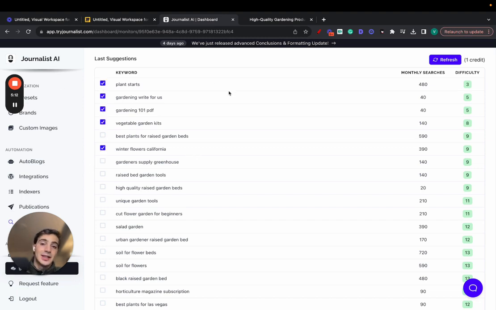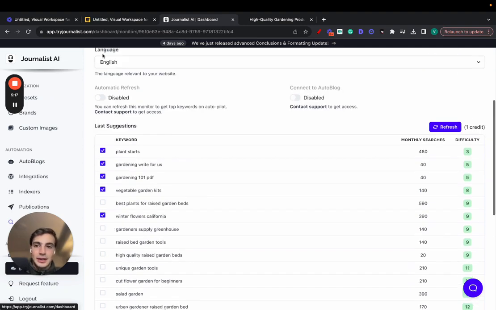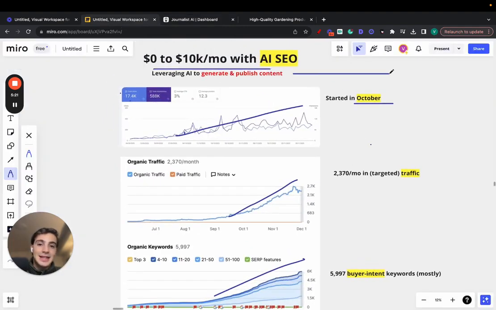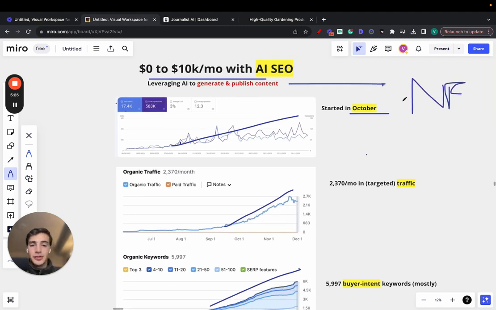So again, Journalist AI does the keyword research, content generation, content publishing, and indexing, right? And that's exactly how this person was able to achieve this. This is in the nightlife niche. So essentially the deal they had was he'd send leads to this guy's sites. They had different events at different weeks, and they would pay him a commission per how many people he'd get in to buy the tickets on